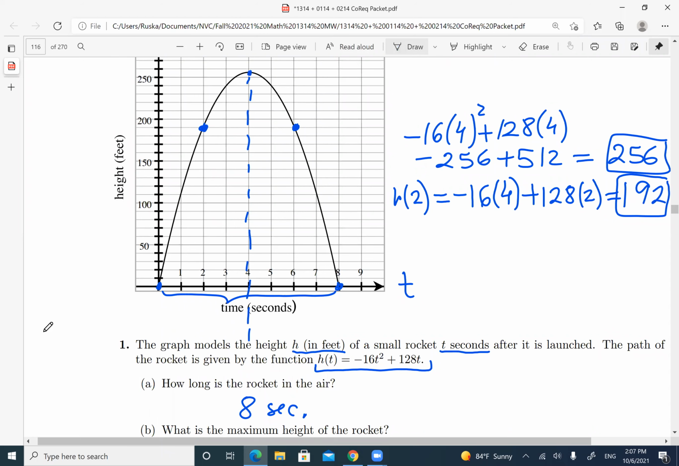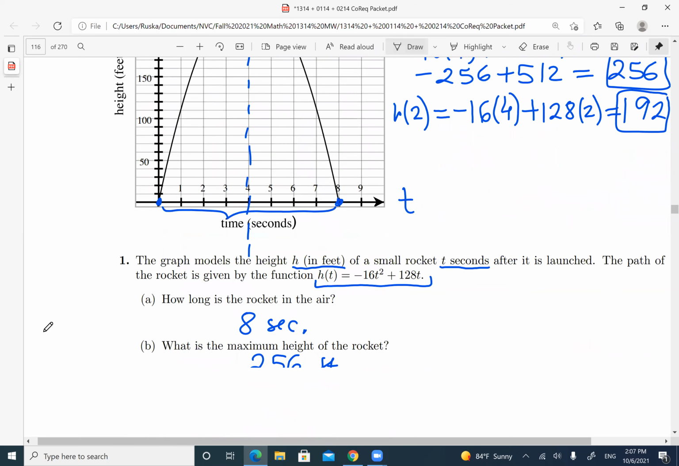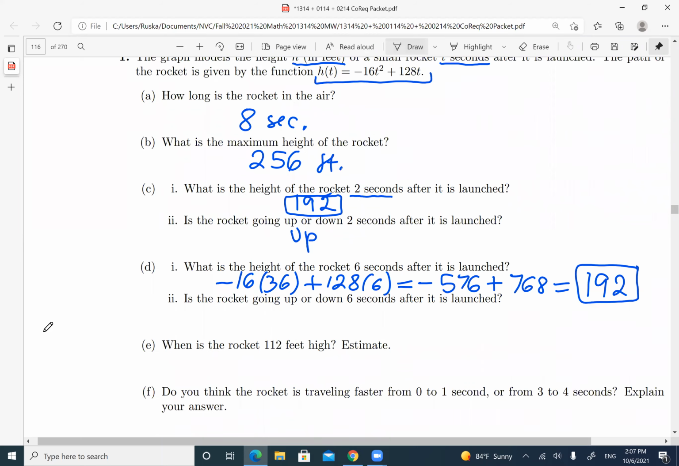Now, the next question: is the rocket going up or down 6 seconds after its launch? Down. That's right, it's going down. Okay, when is the rocket 112 feet high? We have to estimate, so it's not exact. So for 112 feet height, we're technically going to solve f of t. I'm sorry, not f, it's h. The function is h, not f. h of t